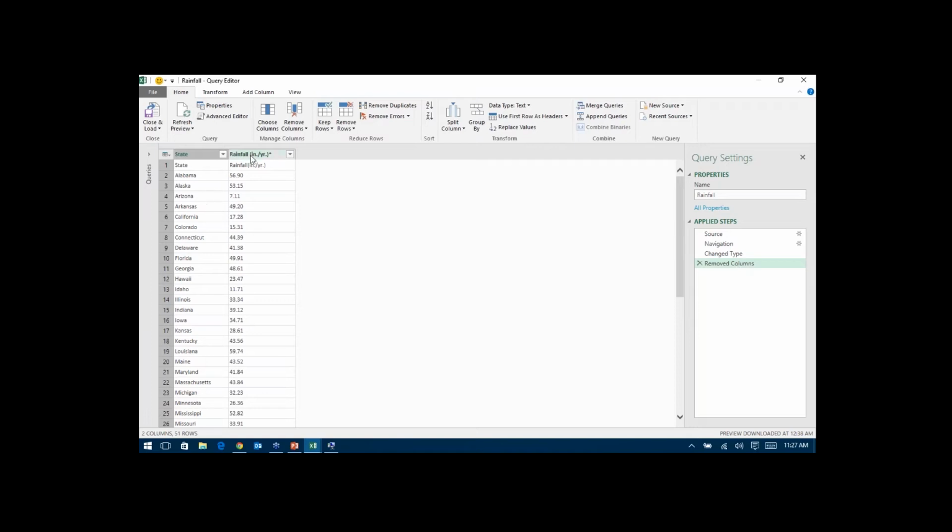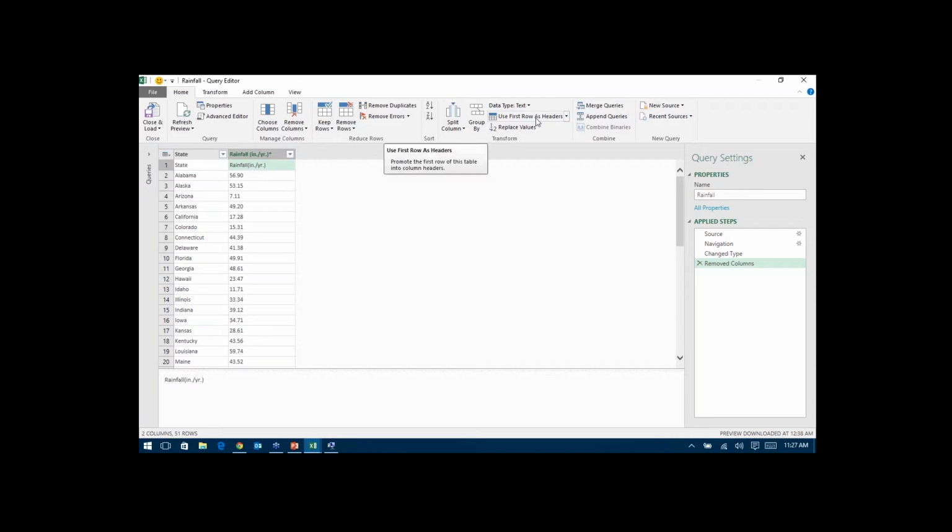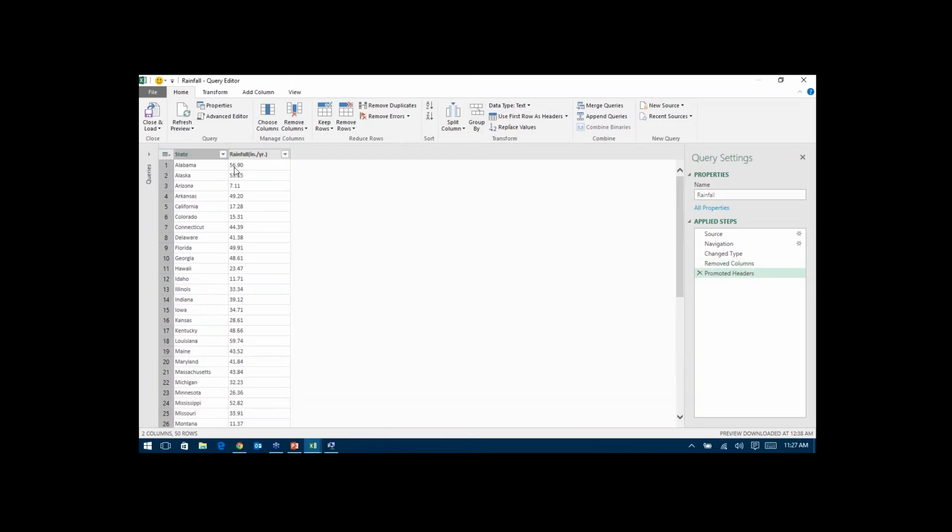Okay. So I'm going to go ahead. I'm going to rename this. Actually, you'll see I've got a little bit of a data quality issue here. So I've got state and rainfall. I think my first row has my column headers in it, but it will also pick up the first row as column headers there too. So what I'm going to do to get rid of this first row of data here is I'm going to say use first row as headers, and watch what happens. This state line here is going to go away, and it's going to be moved up into the header section there. Again, over here on the side, you can see the next step that it put in there was promoted headers.